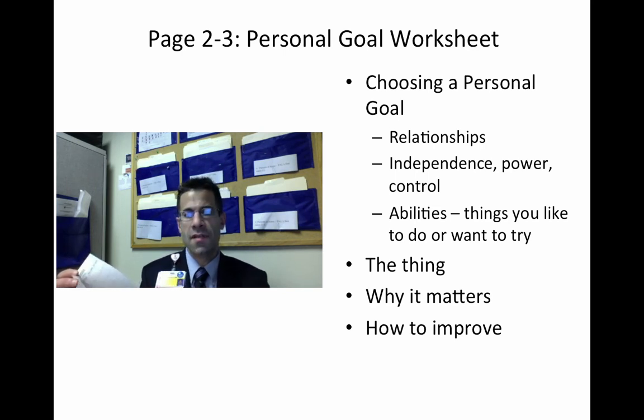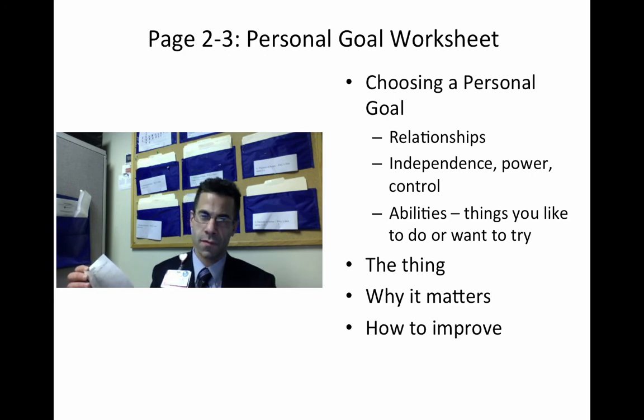So starting with relationships, are there people in your life who are important to you? And then why are they important? Why do they matter? And then are there ways that you'd like to become closer to them, or that you'd like to have more of their relationship in your life? This can also be groups of people, or church, or God. Anyone you feel connected to. And so they'll work this out with you, up to 3 that they want to put down, and that you want to put down.